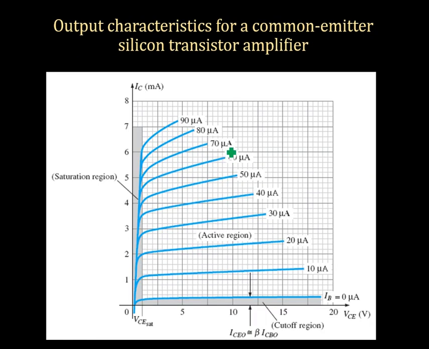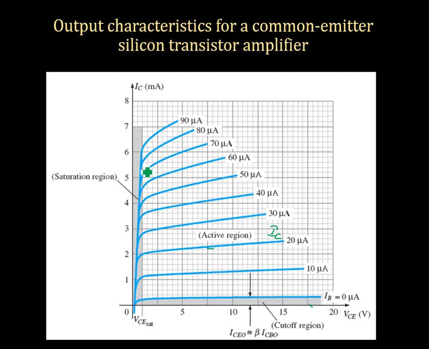Now the output characteristic of a common emitter silicon transistor amplifier is shown here. You can see that IC is following IB in the sense that the IC curves remain almost constant, but vary slightly with respect to VCE. So VCE is affecting the collector current, or the output current, here. These are plotted for different values of IB. Please note these are the different IB values in microamperes, and the curve is depending upon VCE also. Depending on VCE, it will increase.